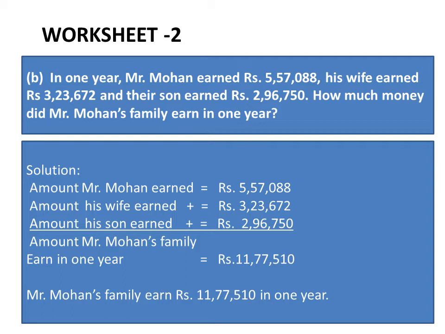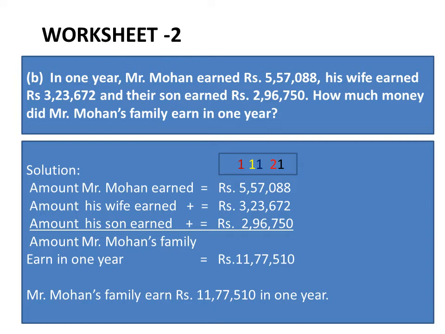Now we draw a line so our answer can go below it, and we write a plus sign on the left to show that we are adding. Then we write the fourth statement, and the fourth statement is amount Mr. Mohan's family earned in 1 year is equal to, see, the periods have been separated with commas. First, arrange the numbers in the proper way to find the answer. As usual, we start adding from ones, then tens, then 100 and so on. So let's start by adding these three large numbers together.